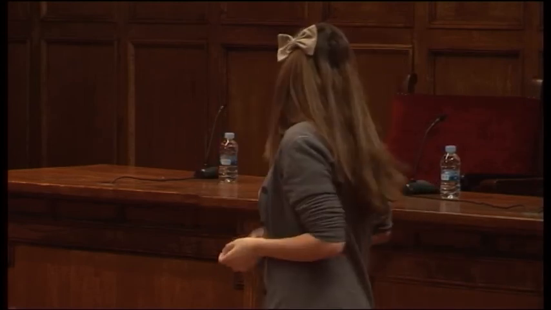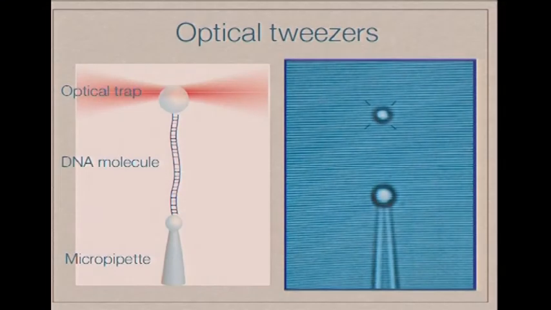Here you can see a scheme of the experimental setup and the real image that we can see in our lab through a microscope. The basic idea of an optical tweezer is that we have two focused laser beams that create what is called an optical trap. And with the energy of the light, we are able to trap small objects like this micron-sized bead that you see here. So just so you get an idea, what we can do